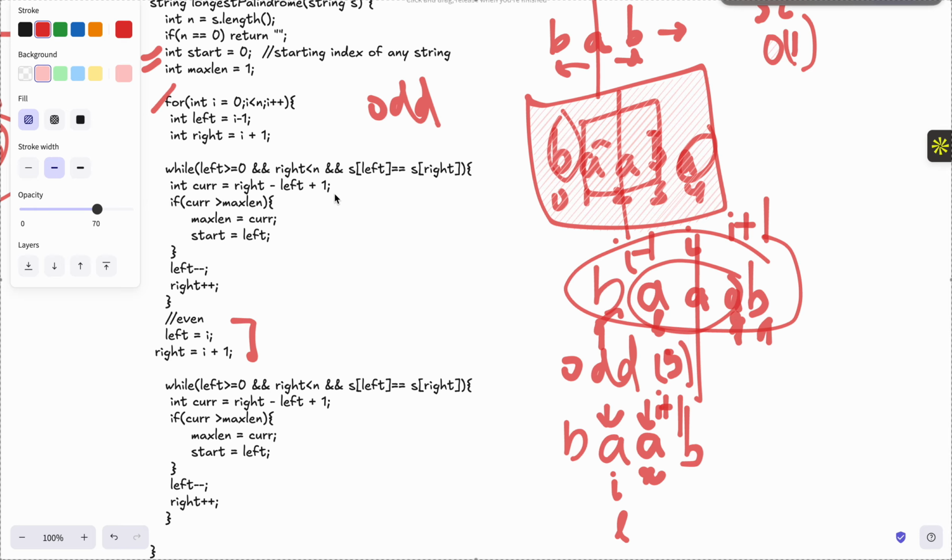In the while loop, left is obviously going to be greater than or equal to 0 and right will be less than n, right? This is a simple condition that you need to have, and also the characters at left and right should be equal. And if they are equal, then you write the updation and comparison of the current and the best length. So if the current length is like 3 and that is greater than the maximum length that you initialized as a variable initially,